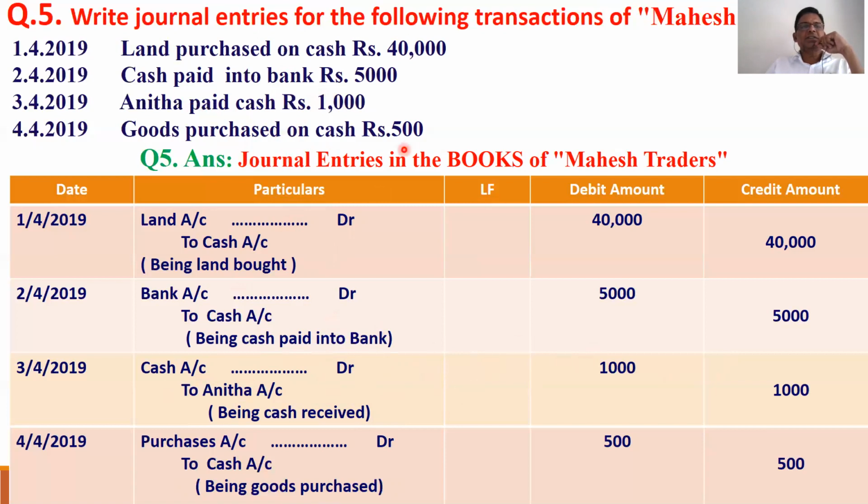Goods purchase. So obviously with goods purchase, purchase account is debited and cash is going out, cash account is credited. When land is purchased, land account is debited. When goods are purchased, purchase account is debited. So that is a very important point to understand here. The common mistake made by students is that whatever they purchase, they debit purchase account. It's wrong. Only for goods purchase is purchase account debited. When fixed assets are purchased, the fixed asset account is debited. That is a very, very important point.